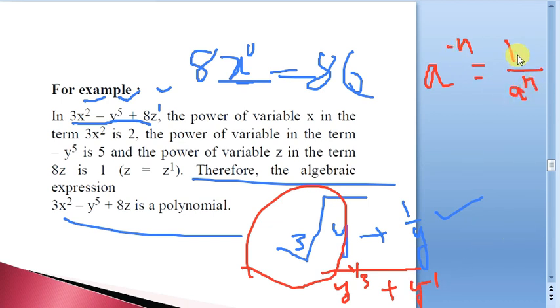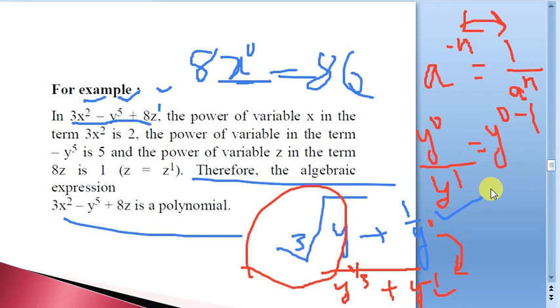If you observe, these can be interchangeably written, this like this and this like this. Now see this 1 by y. 1 by y power 1 can be written as y power minus 1, if I bring it to the numerator. One more way: y power 0 is 1, and y power 1, and a power m by a power n is a power m minus n, so this will be y power 0 minus 1. There are numerous ways of looking at things, if you understand how to look at them. So this is again y power minus 1. Now see, in this exponential form, the variable involved is y only, but for this variable here 1 by 3 is there and here minus 1 is there. And see here the bases are the same.